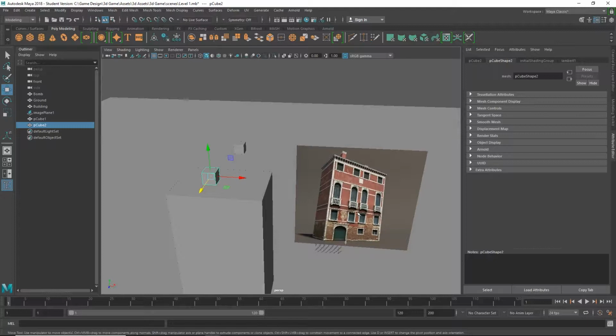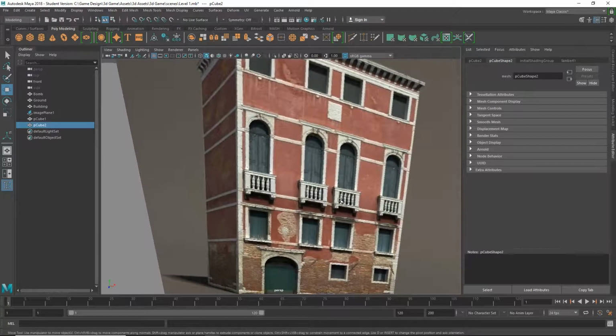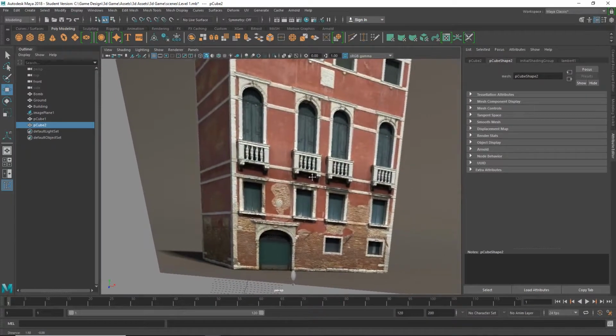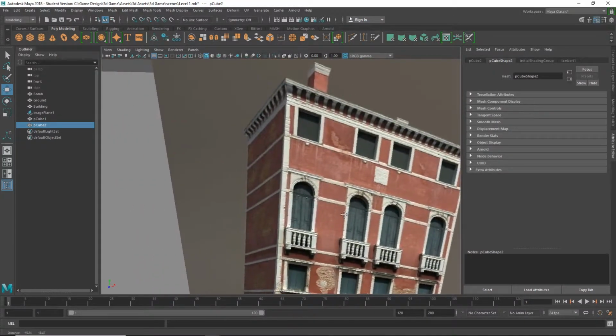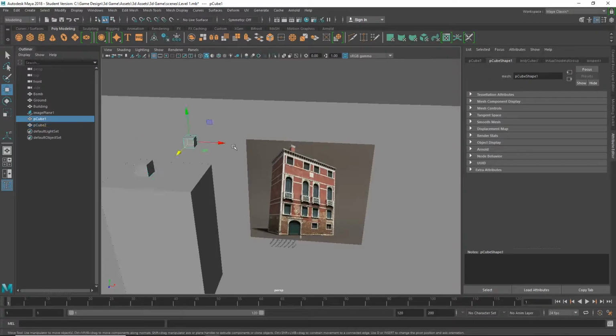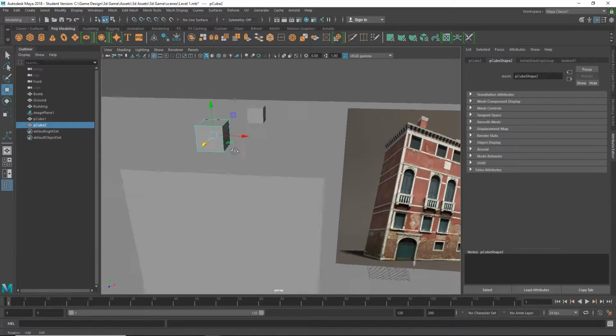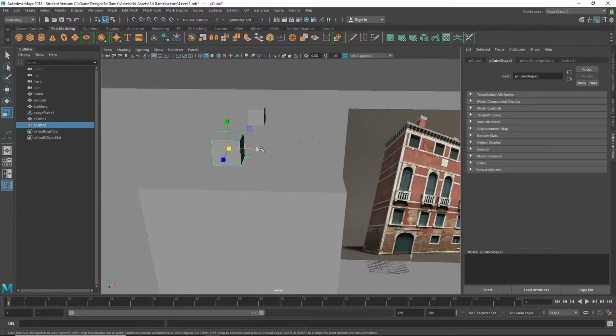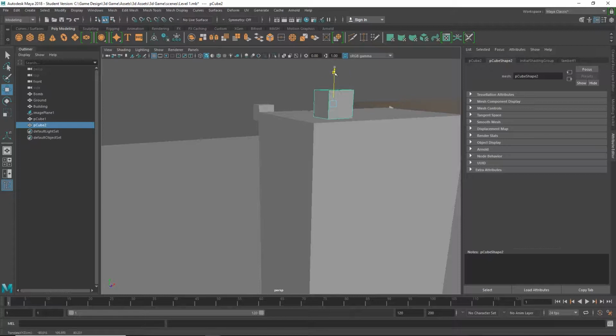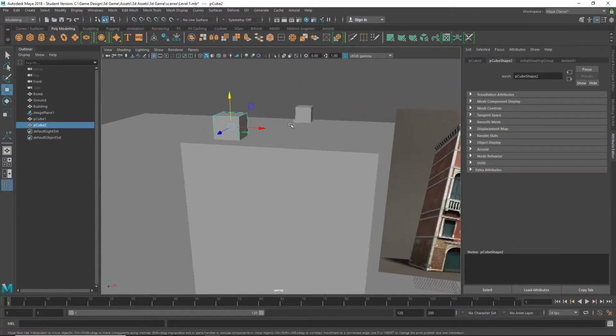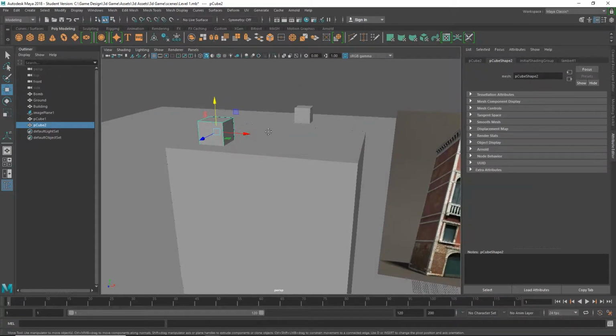And if I needed a block for, say, these things, these railings or whatever, and then I can just grab them real quick by duplicating out another block. So this is going to be my chimney right here. So what we'll do is move it over, make sure it is extruding from the main object, and then we're going to